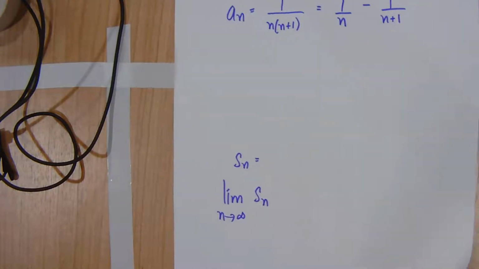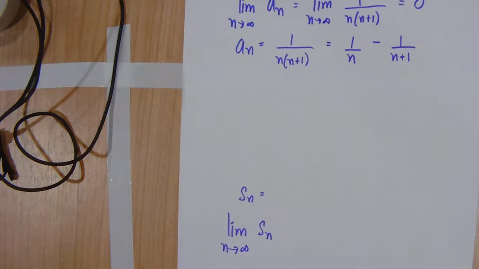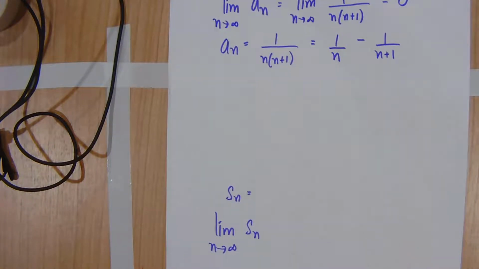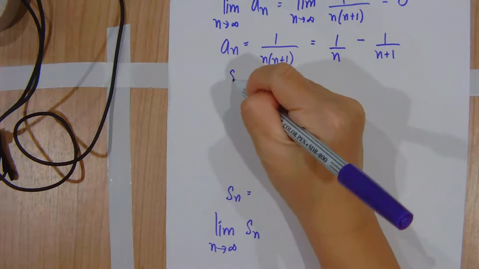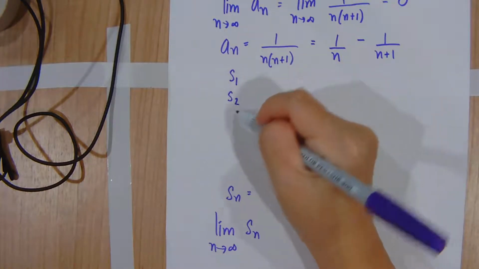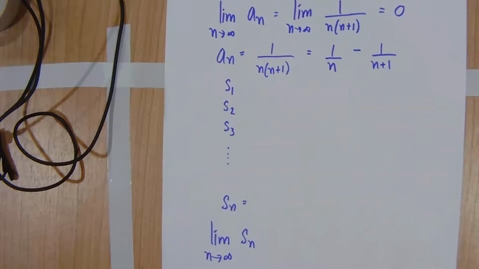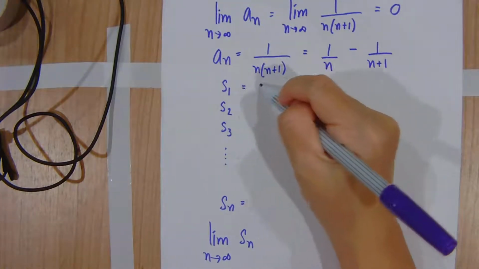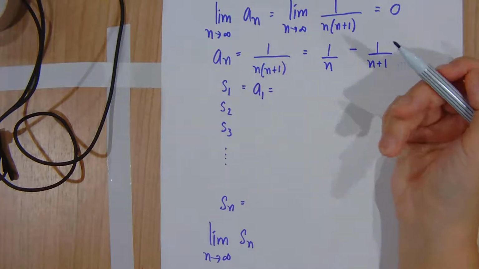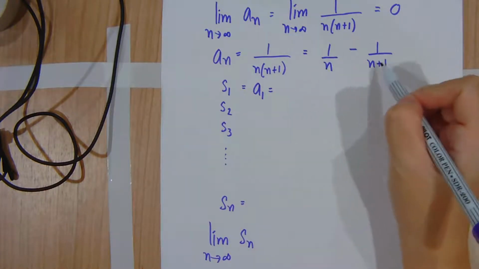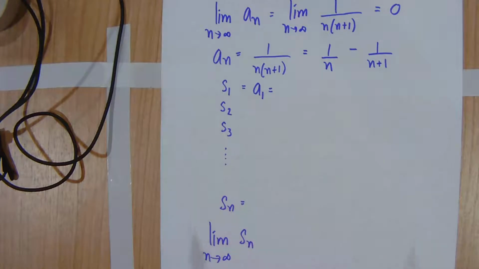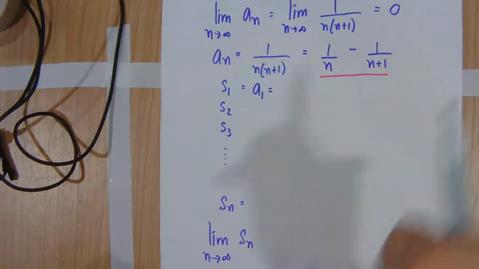To find S_n, we have to use the idea of induction: we find S1, S2, S3, and so on, until we can write the general formula for S_n. So S1 is equal to a1, which, written in terms of 1 over n minus 1 over n plus 1,